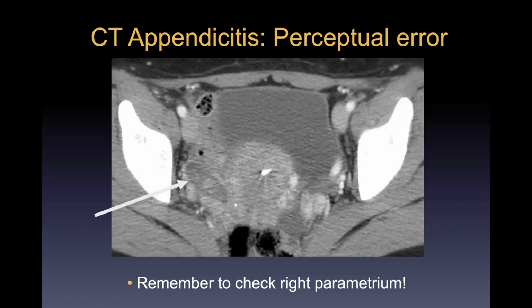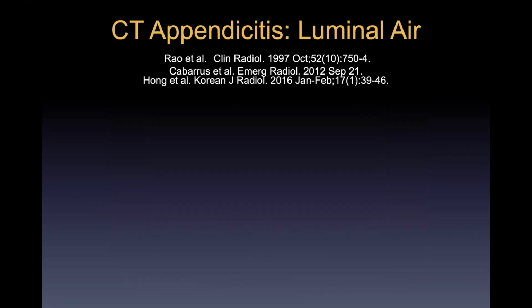And I think that we just have a little bit of a visual blind spot for tubular or cystic looking things in that location because of the ovaries and parametrial vessels and so on. So in young women with acute abdominal pain, I always do one last look through that right parametrial area, even if appendicitis is not the number one thing that they are suspecting. It's just a good check.